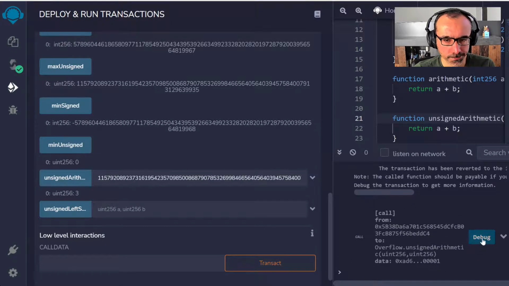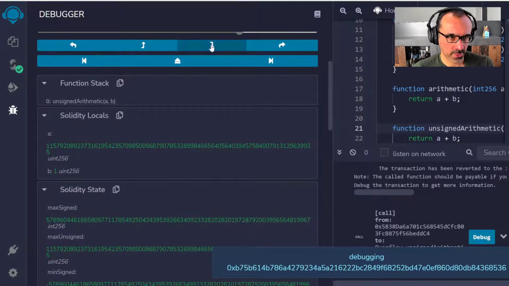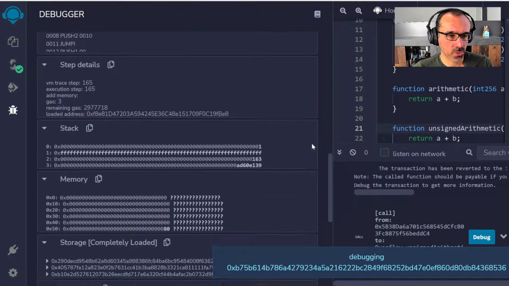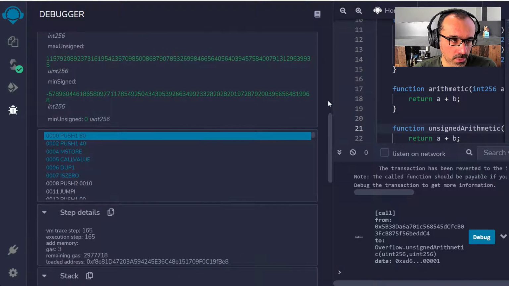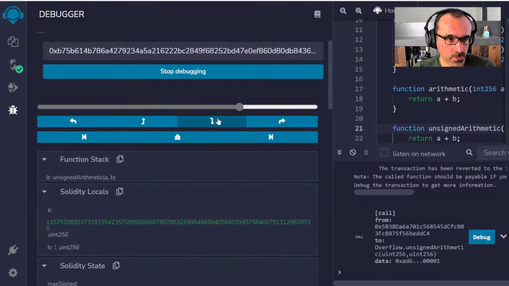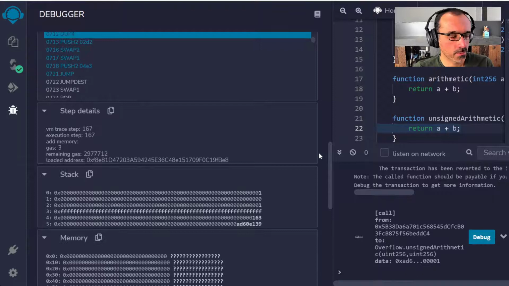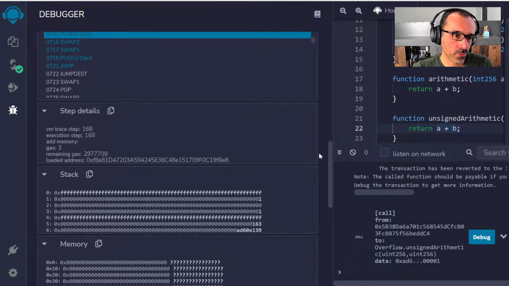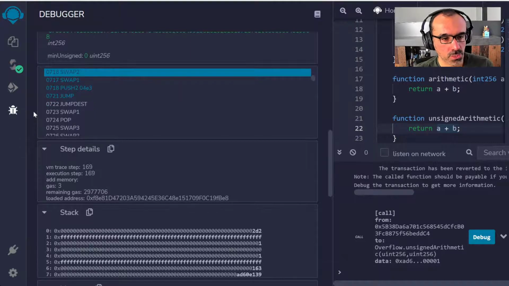Let's debug this together and see what will happen to that final greater than check. In this case, again, on top of the stack, I got value 1, following my value B and value 1. Let's step into this. Duplicating, making a copy of these 2 values locally, and then this is where the precondition checks are going to happen.